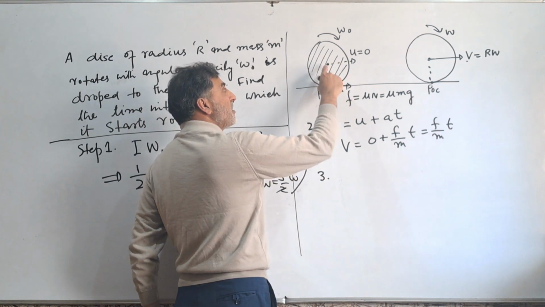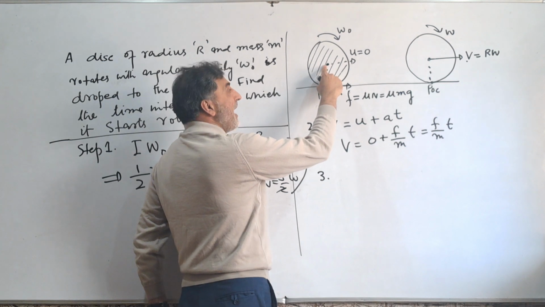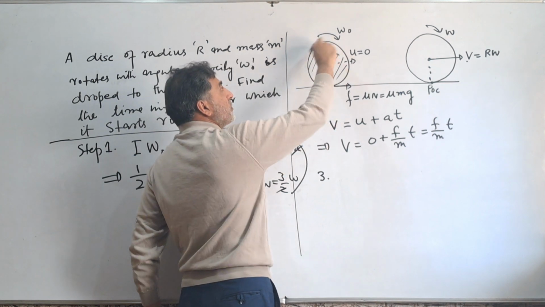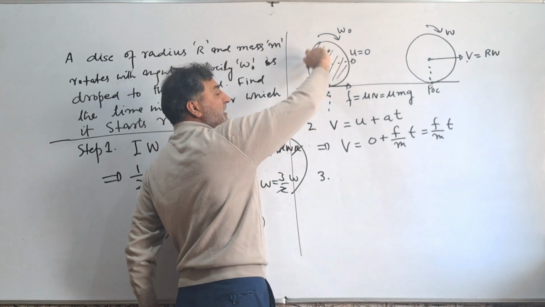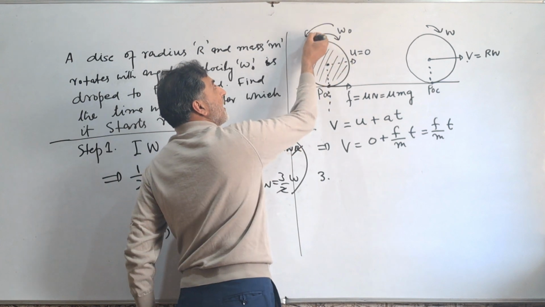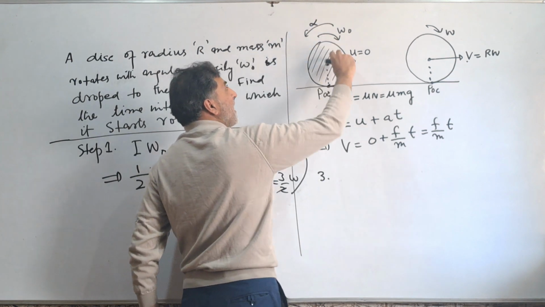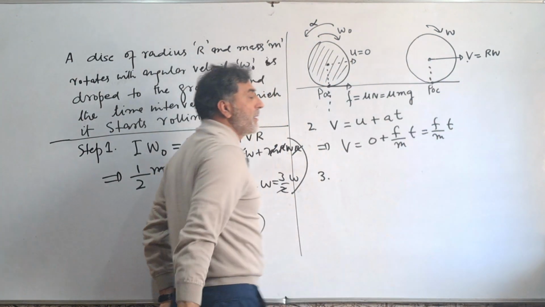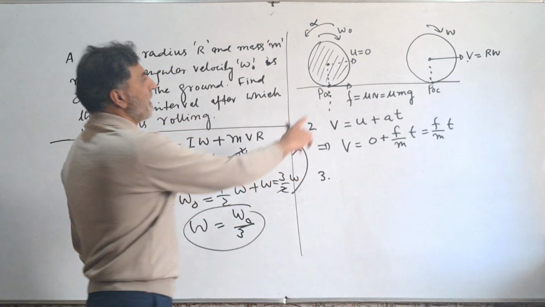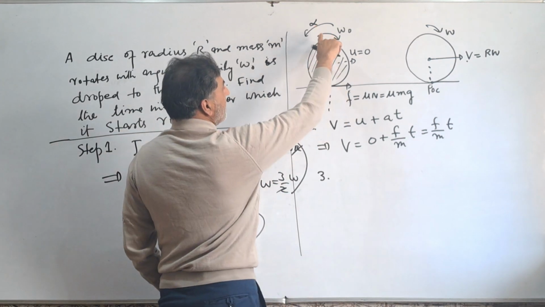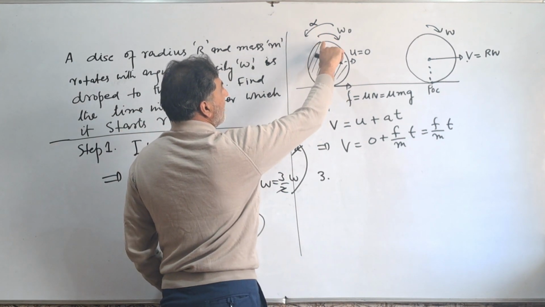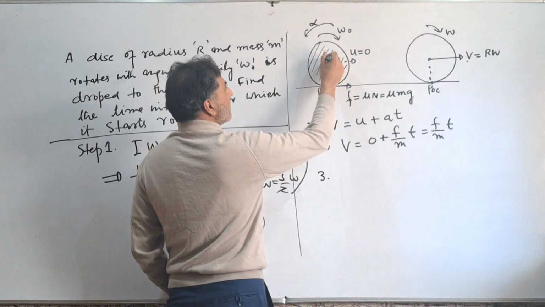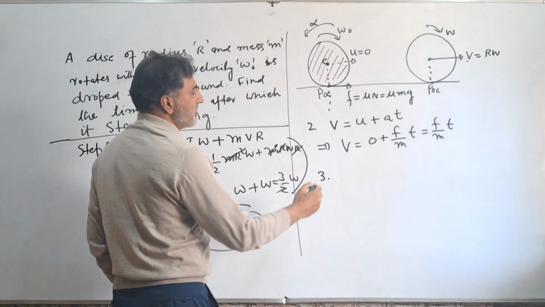This frictional force creates torque about the center of mass, and that torque is opposite to this omega. It will create an angular acceleration which is opposite to this omega, and that is why this omega 0 has decreased to omega. How much is the torque produced by this f about the center of mass? That torque is equal to